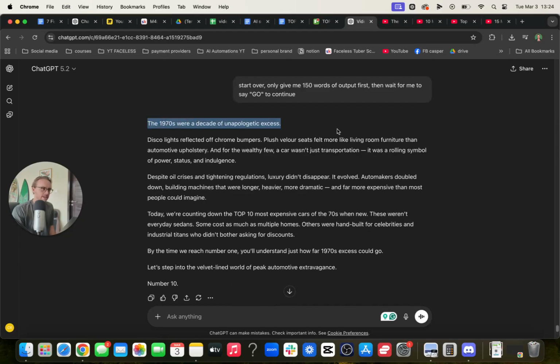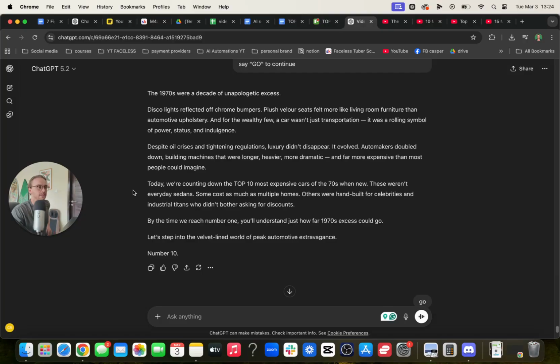The 1970s were a decade of unapologetic excess. Disco lights reflected off chrome bumpers, plush velour seats felt more like living room furniture than automotive upholstery. And for the wealthy few, a car wasn't just transportation. It was a rolling symbol of power, status, and indulgence. Despite all crises and tightening regulations, luxury didn't disappear. It evolved. Automakers doubled down, building machines that were longer, heavier, more dramatic, and far more expensive than most people